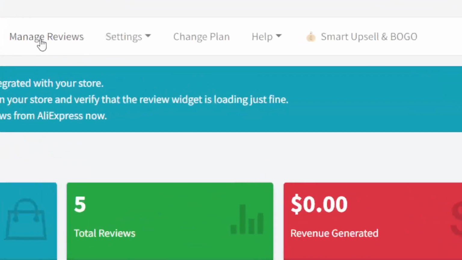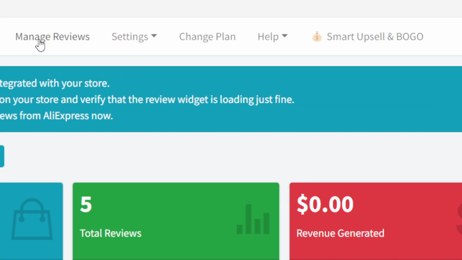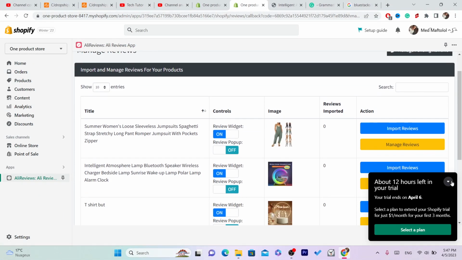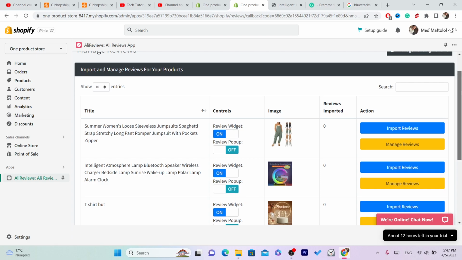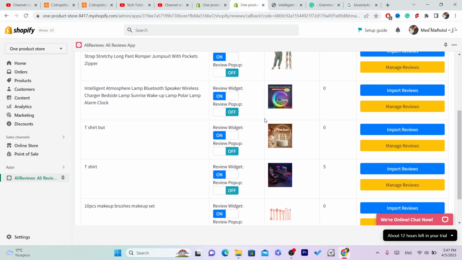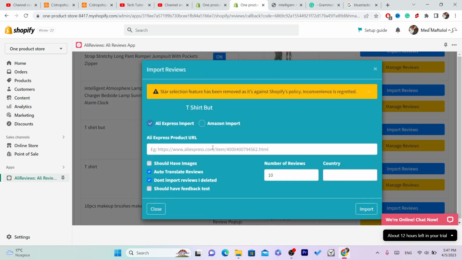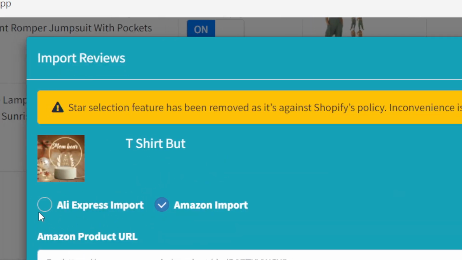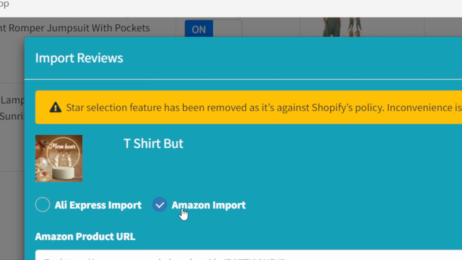Now we want to click on manage reviews in the top, as you can see, and after you click on manage reviews, you will find here your Shopify products. So let's say that you want to add reviews, for example, to this one. In the right you will find their import reviews. Click on it. Now you want to select Amazon import, because you can also import AliExpress reviews, but yeah,